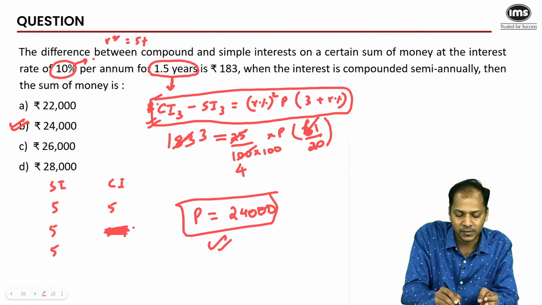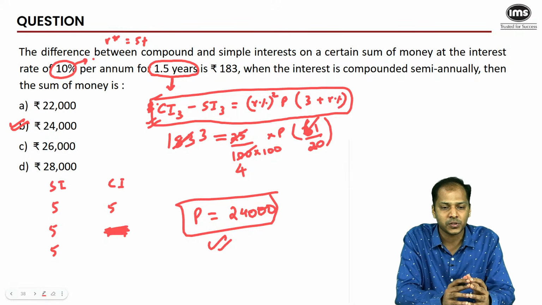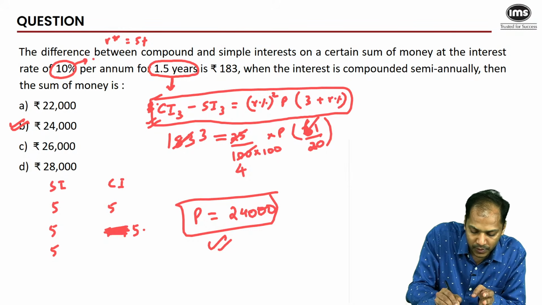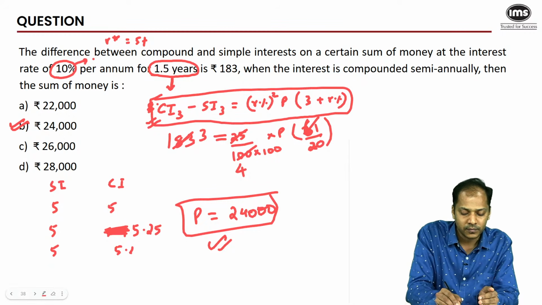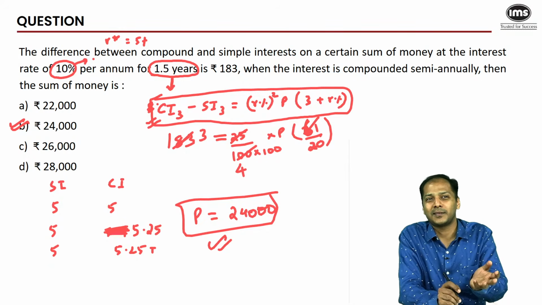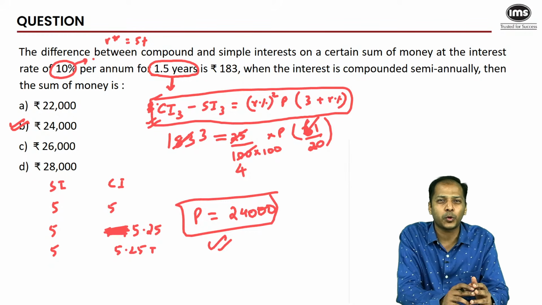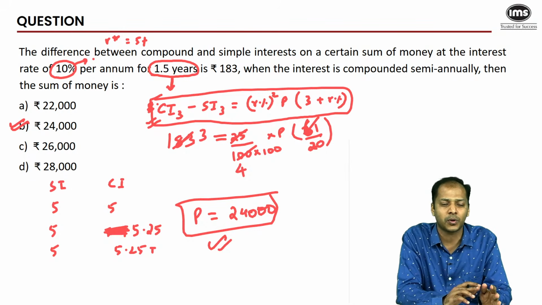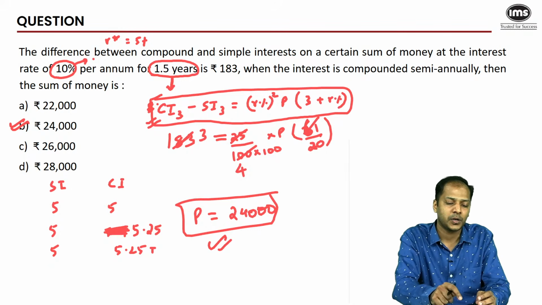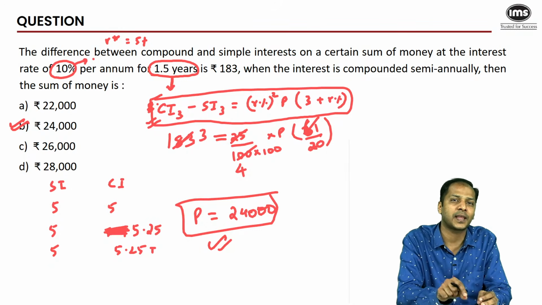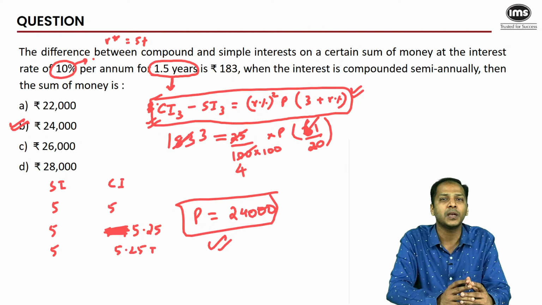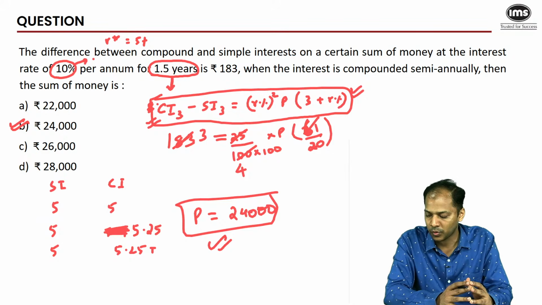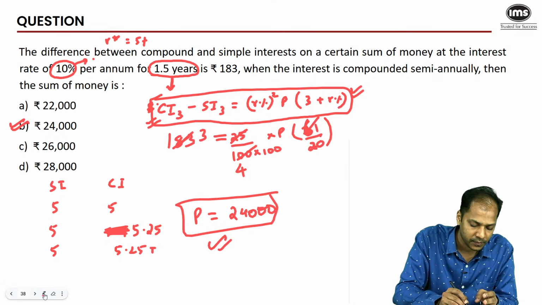So 5% of 5 would be 0.25. So that will be 5.25. Okay. And then 5.25 plus, calculating 5% of 5.25 could be a little tedious. So instead of taking the trouble of dealing in numbers and then doing it, I think if you would have remembered the formula, that formula would have made things very, very fast and easy. Okay. Chal. Next, let's go ahead.